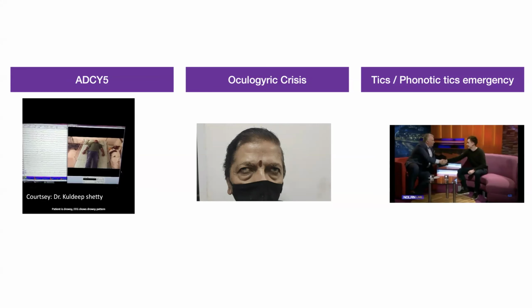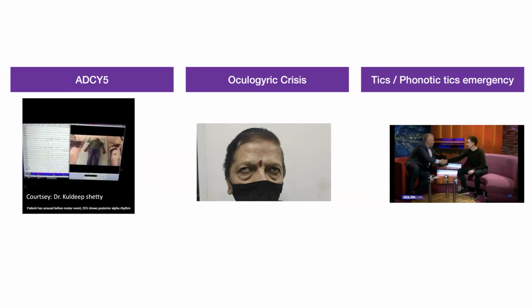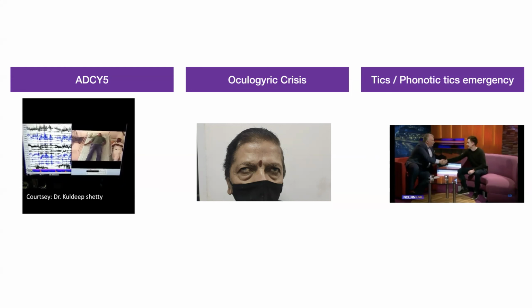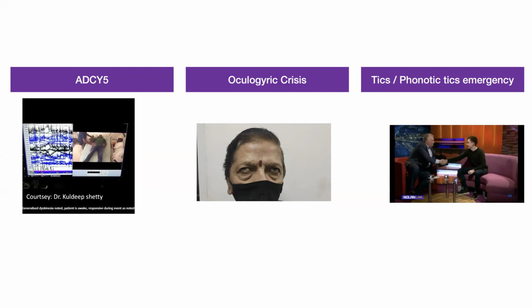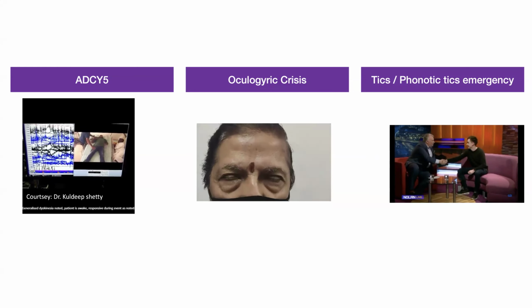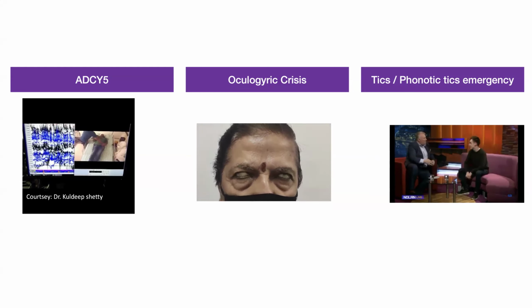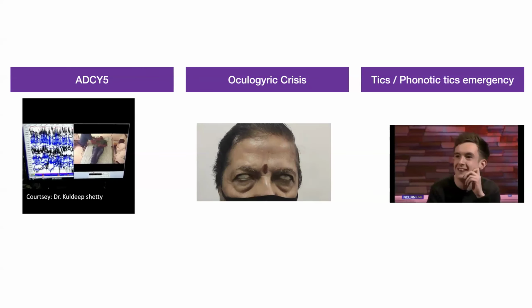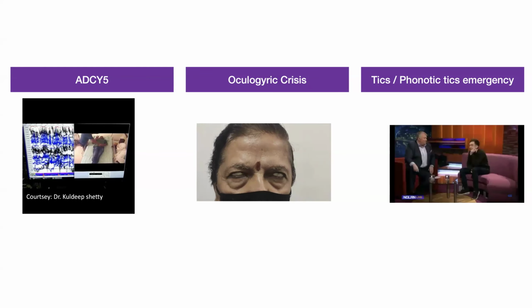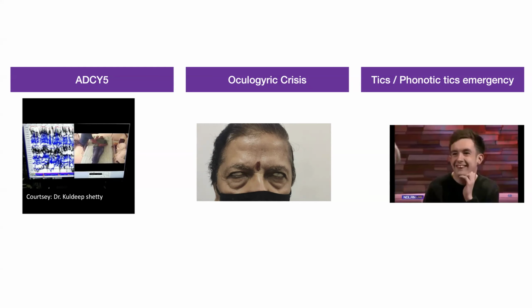Other things include ADCY5, which presents as seizures many times or is misinterpreted as seizures. Then oculogyric crisis, rare but can occur in many patients with advanced movement disorders, or some people with Parkinson's disease who are highly sensitive to levodopa can develop oculogyric crisis. And people who have malignant or significant severe tic disorders, which can be motor tics or phonic tics, where sometimes it becomes an emergency or a semi-emergency type of situation where treatment and approach need to be